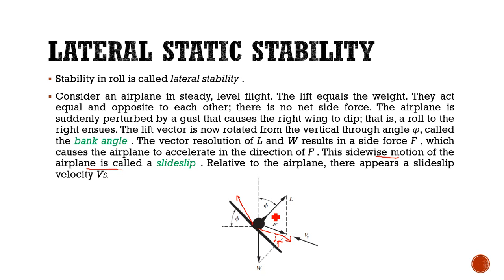When the aircraft is banking, what will happen? The lift will be acting like this, the weight is acting like this, and as we are banking the airplane, the bank angle increases. The bank angle here, we are considering as phi. It is increased like this,